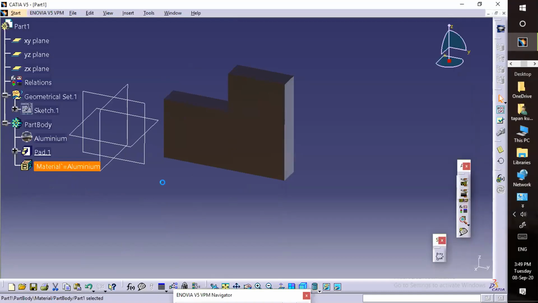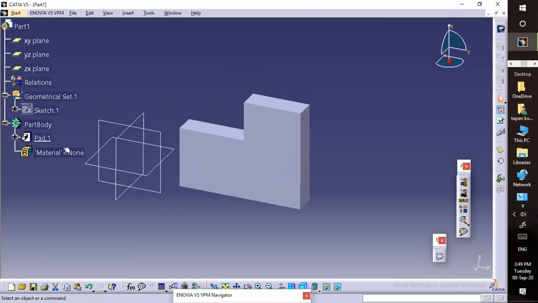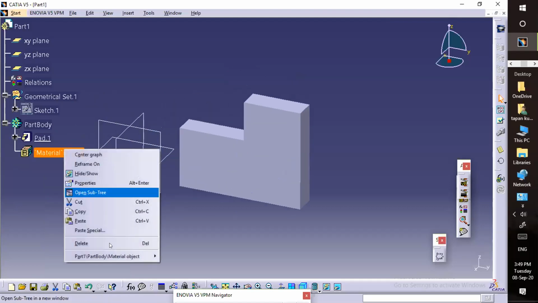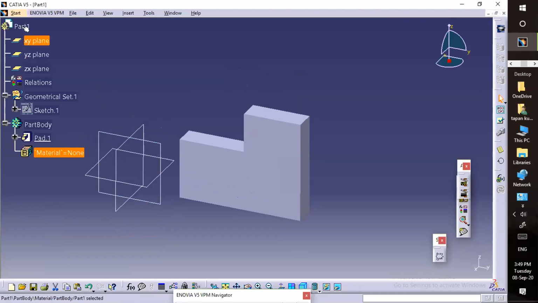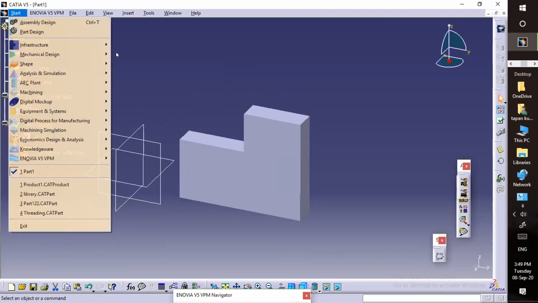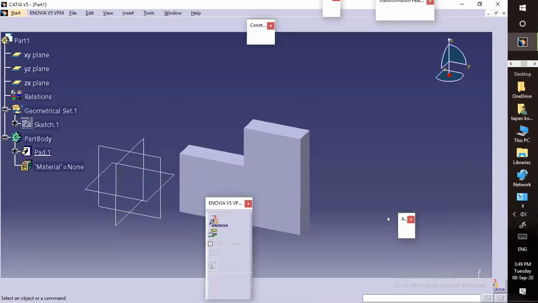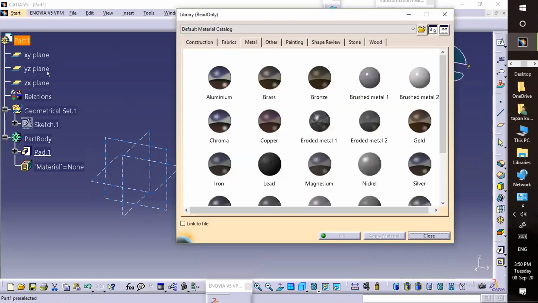One thing you need to remember, let me tell you the mistake. Whenever you are selecting the material, you need to select the part, not the part body. Please remember this, a very important thing. Go to the material. That's the reason it was not coming. Select the part body and now select the material.